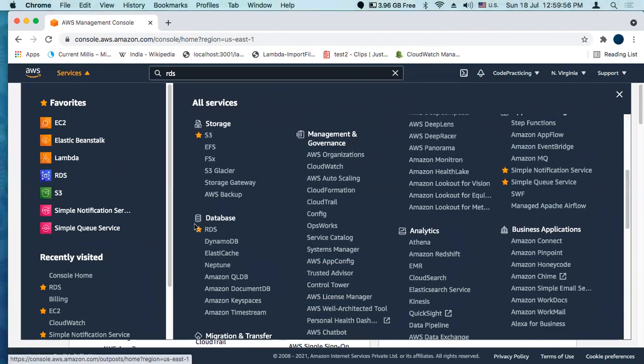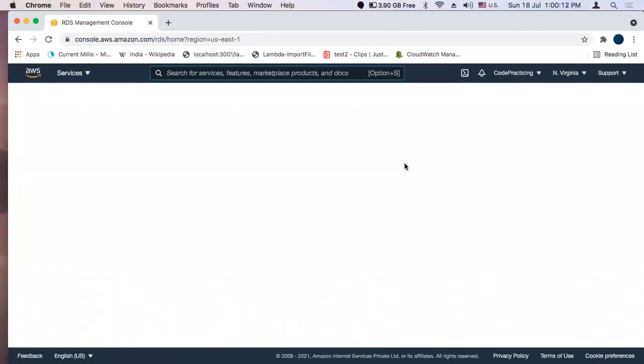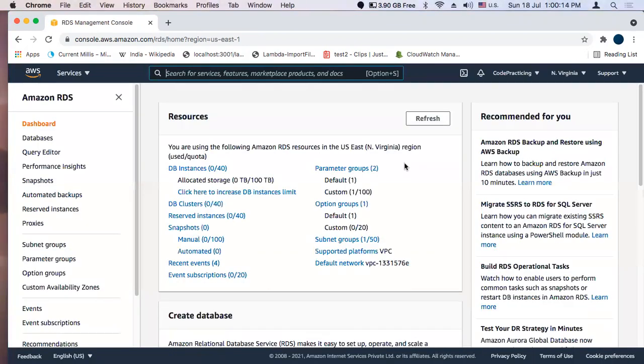So click on RDS. This will open the RDS console.